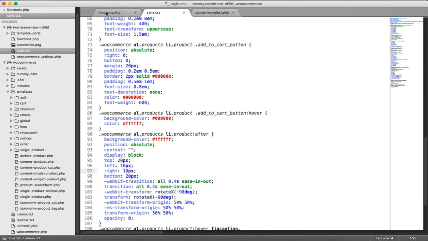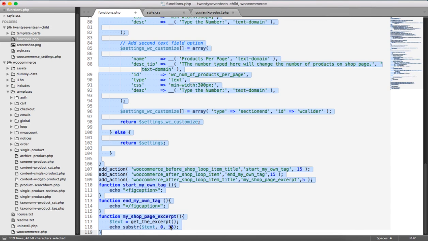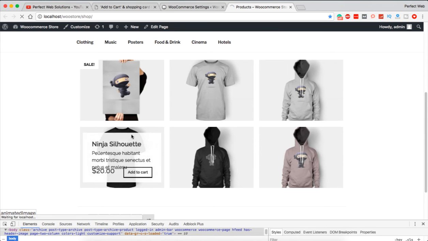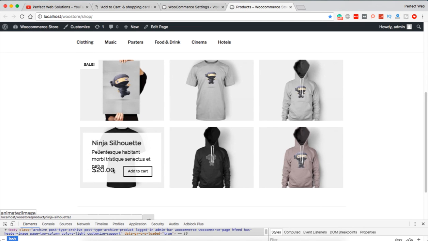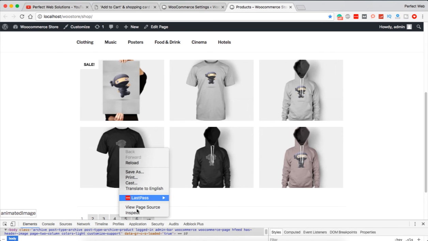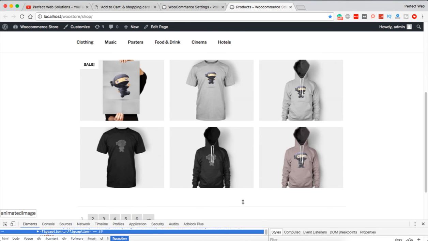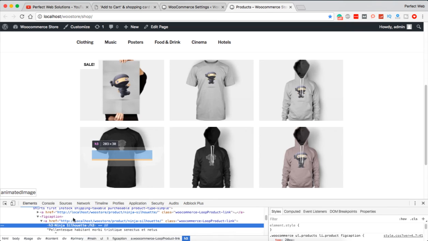Furthermore, let me do one more thing. Rather than 65, let me do 55, just to reduce some characters, so that it won't look overridden. And yeah, that's a bit fine. And if for some reason I can change the font size, maybe it's taking the font size from the